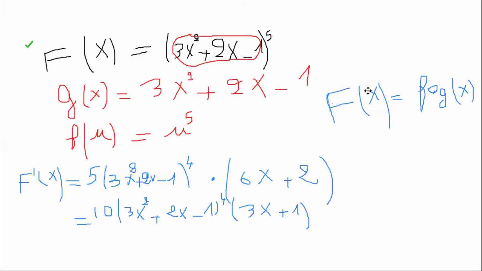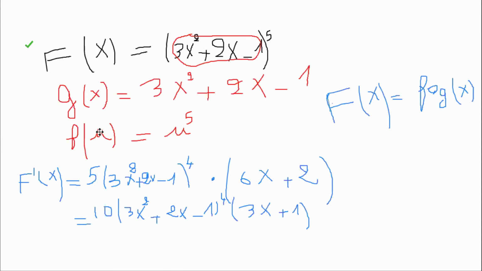Try to evaluate f of x. When f is like that and g is like that, when we do the composition, it becomes like that. This is step 1. This is the main important step. I have to know what is small f of u and what is small g of x, I'm sorry. If the step is clear, it's done. Why? Because I have just to apply my formula.